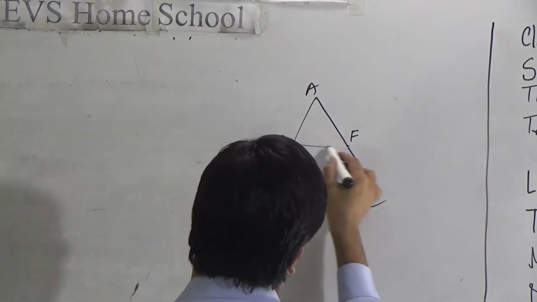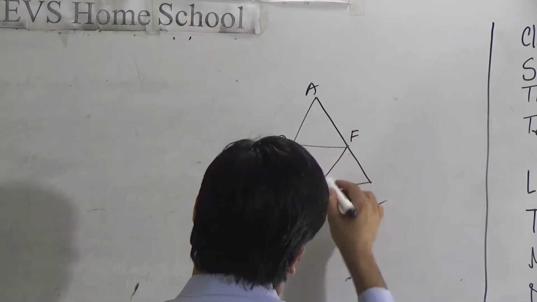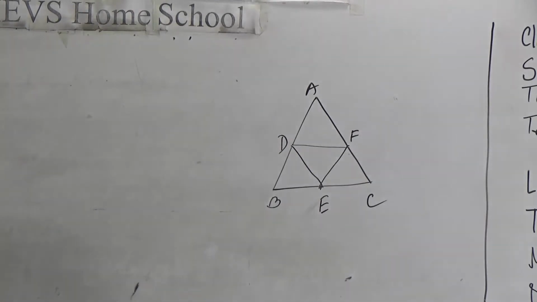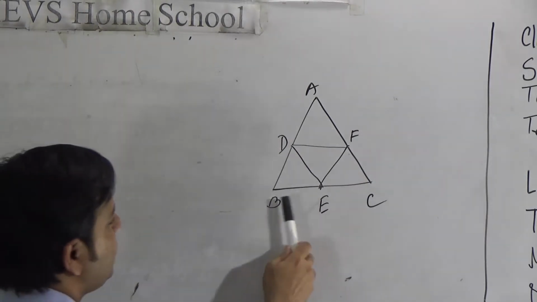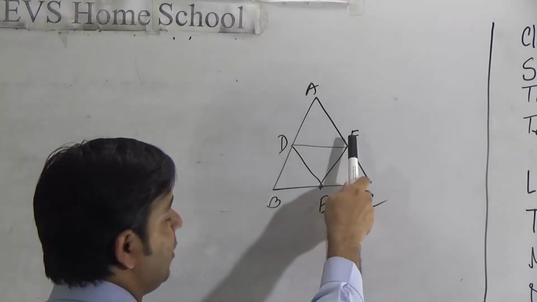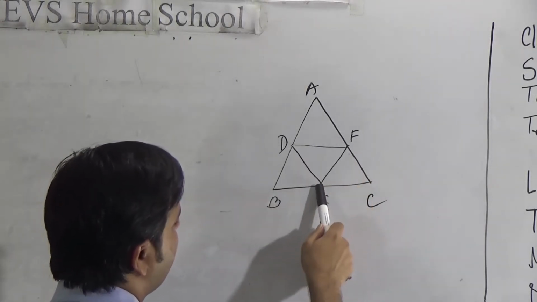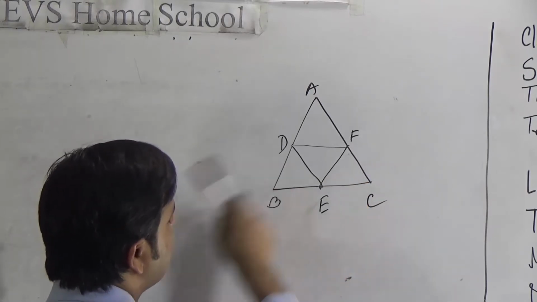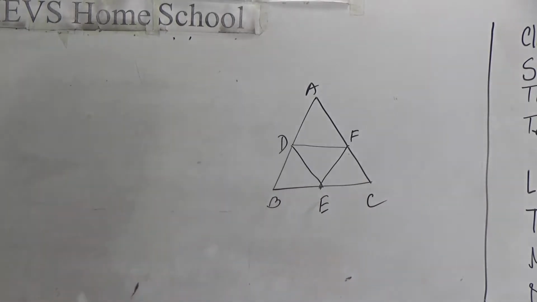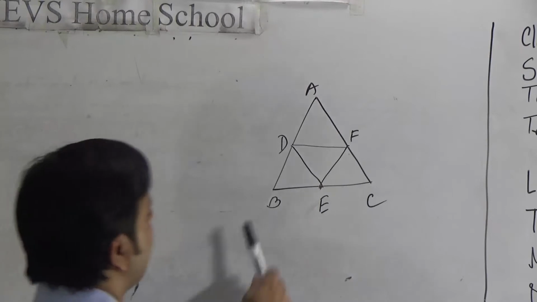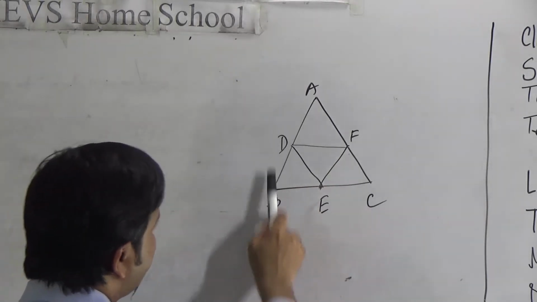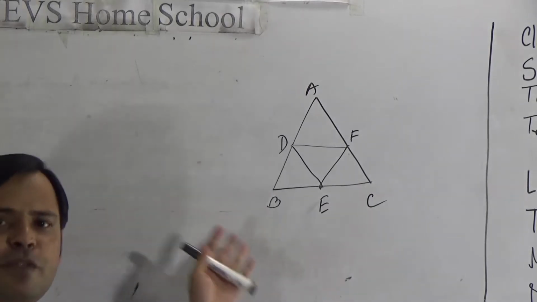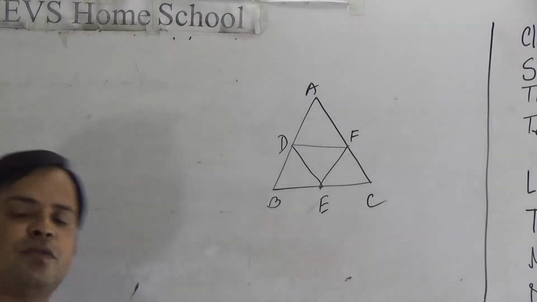Now we can join. Okay dear students, so what do we need to prove in part A? We need to prove that angle BDF plus DFE plus FEB plus EBD is equal to 4 right angles. If you observe the figure, you can say that BDFE is a quadrilateral, and we need to prove that the sum of the 4 angles of this quadrilateral is 4 right angles.